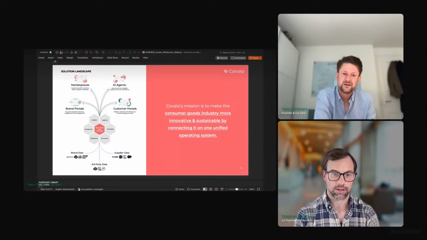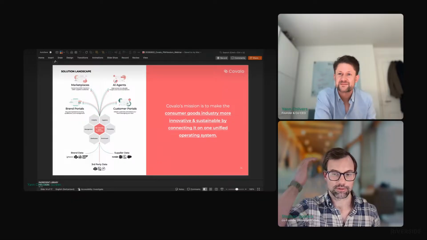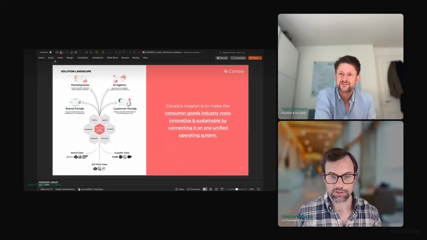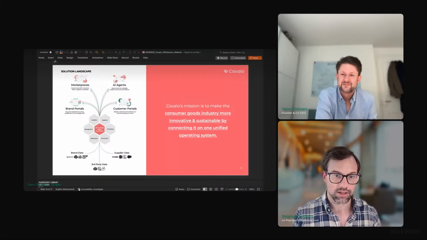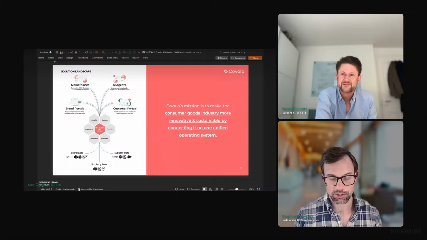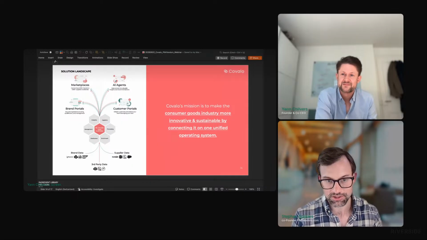Yeah. And what do you hear from customers, like the previous slide where you say sort of where you see the Covolo solution sitting in between as the broker or the single data foundation in between. It makes sense to have a streamlined process and have that data foundation in place. But what do you hear from prospects or potential customers or even actual customers where they say like, why isn't the whole industry already on Covolo?